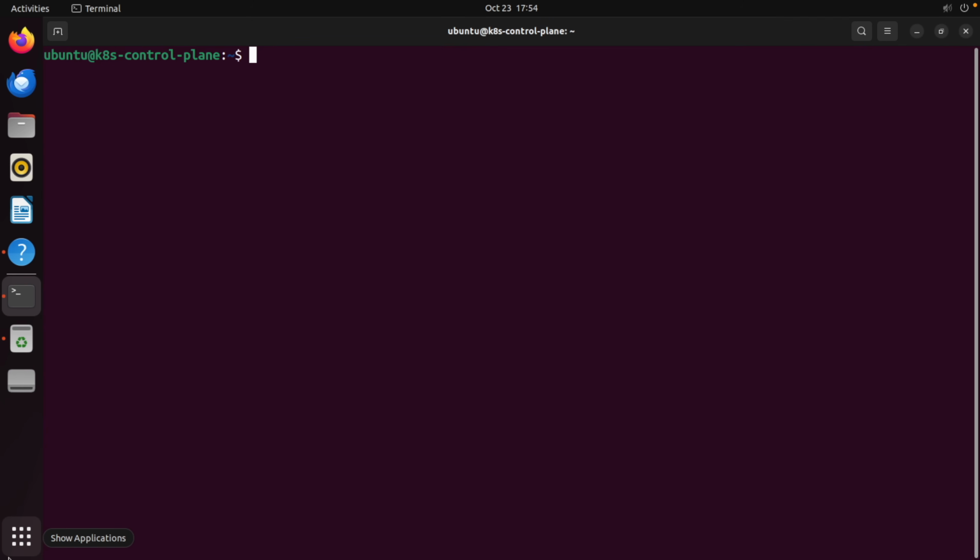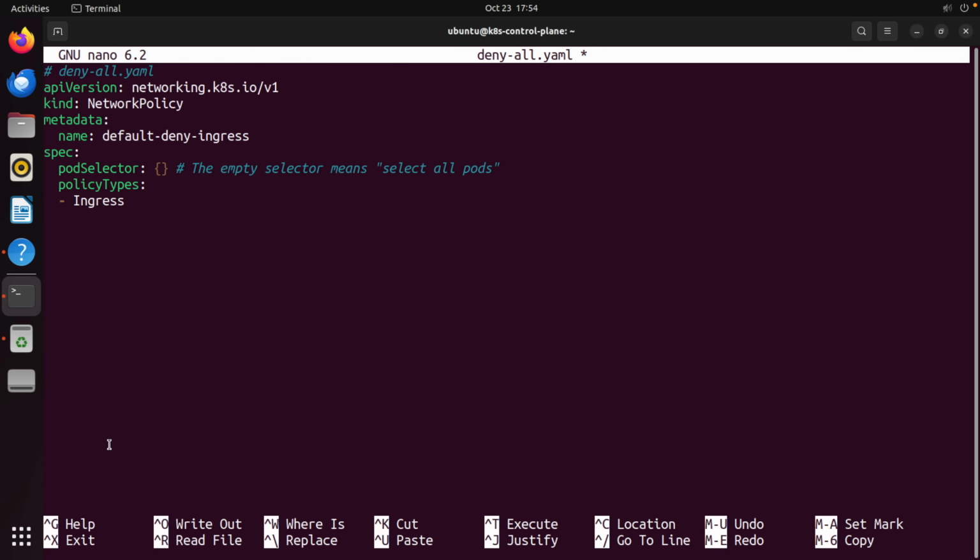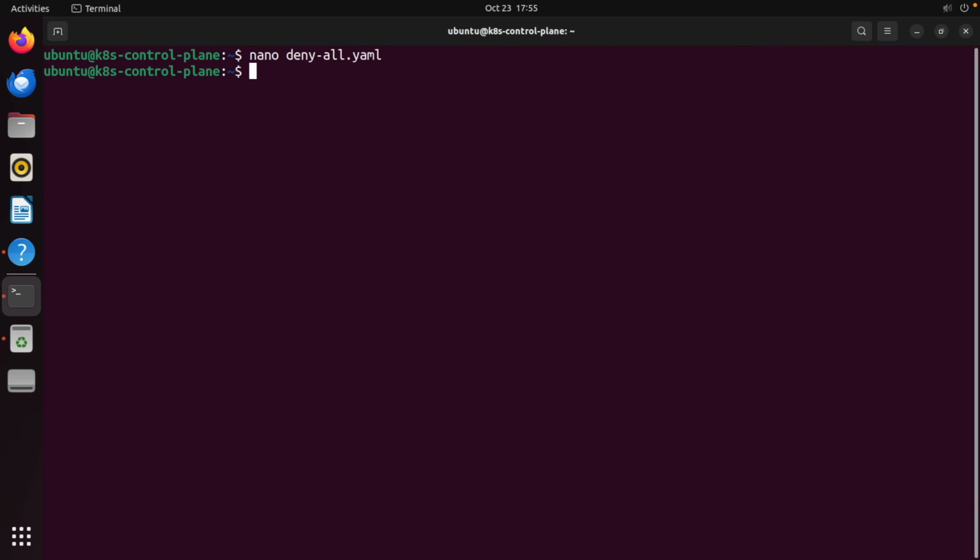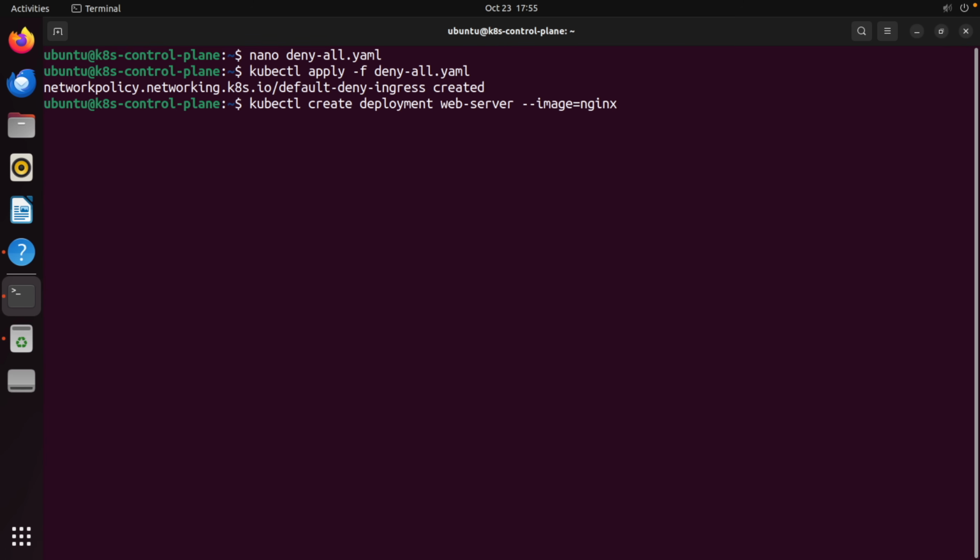Let's talk about securing an application with network policies. By default, any pod can talk to any other pod. Let's lock that down using network policies, which act as a firewall. So we're going to create a default deny policy, which is a security best practice. So we got this file, deny-all, and this is how you make it. The pod selector is empty, so it selects all pods, and then we're providing no ingress rules, which means it blocks all incoming traffic. So we can save that, we can apply it,